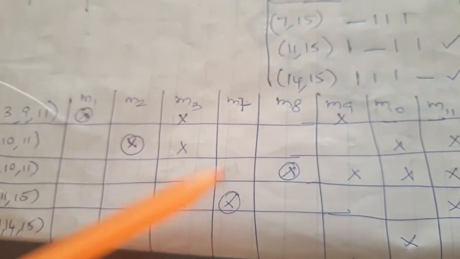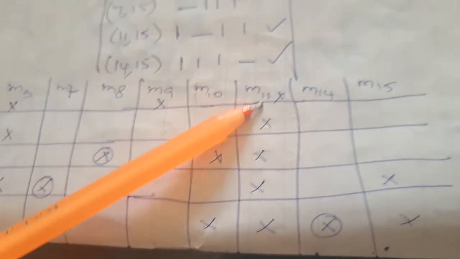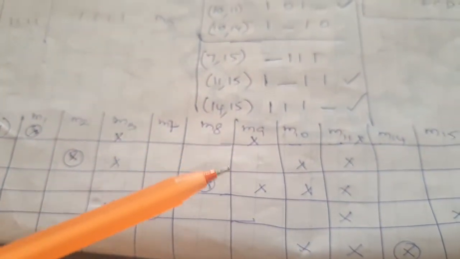After you do this, check each minterm column. If only one cross is there, you encircle that cross. See here it's only one, in this column only one, so circle it. Here you have a lot, leave it. Only one here. Here you have to leave it. More, leave it. 14, that's all. Wherever you have the encircles, it's the final implicant value.